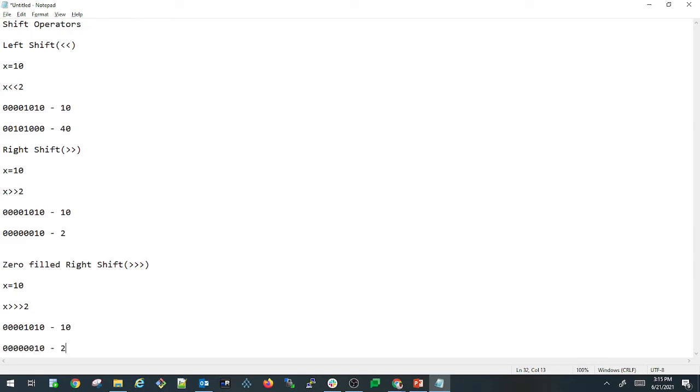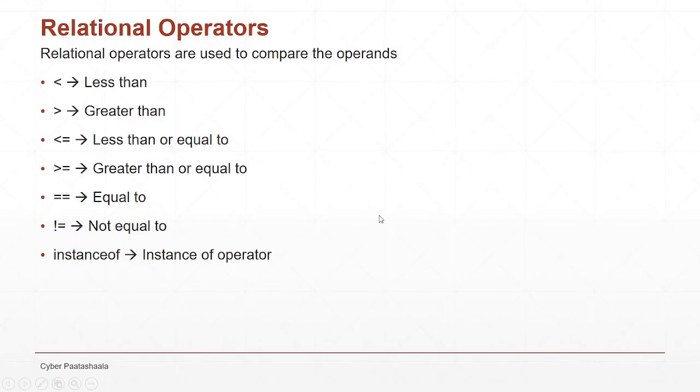It is the same as the right shift operator because it's a positive number, whereas with a negative number you get a different value. If you perform a right shift or a zero filled right shift on a positive number, the result will be the same. But if you perform a zero filled right shift on a negative number, then only the value will be different from the right shift operator. Otherwise both values will be equal.